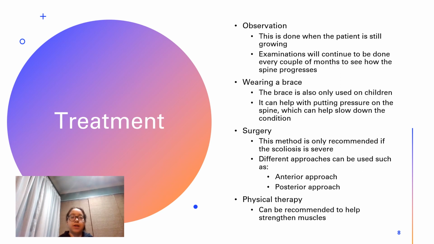If you are diagnosed with a severe case such as neurological scoliosis, surgery will most likely be recommended. Surgery can be done using an anterior approach or posterior approach. With the posterior approach, you'd just be laying on your front, and with the anterior approach, a piece of your rib cage will be removed so that they can go in through there. And finally, physical therapy can be done, and it'll be used to strengthen your back, arm, and leg muscles to help with any pain that is occurring.